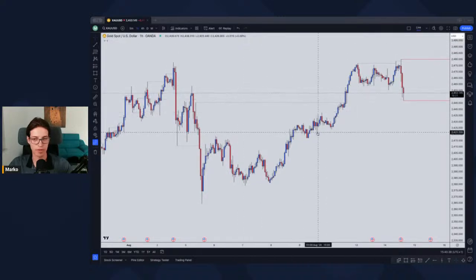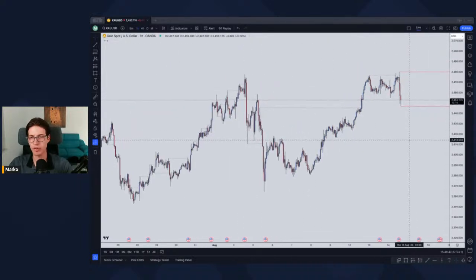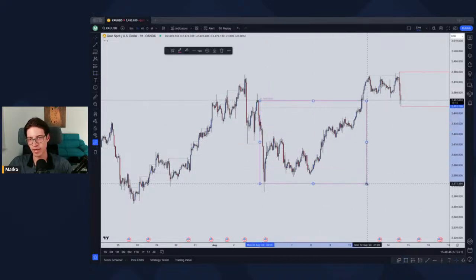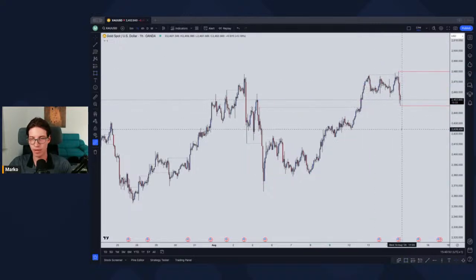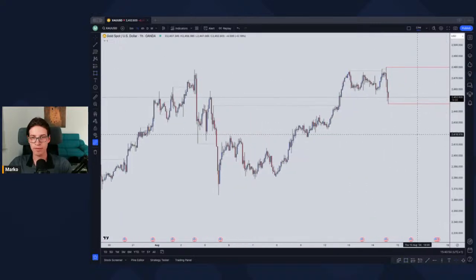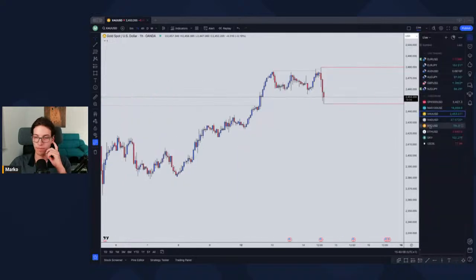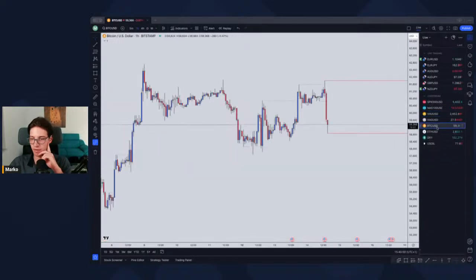Yeah, range bound. Even on the 1 hour, it's looking corrective. Right here, we had a range as well. So just the range going into another range. That's kind of it for gold. Now I want to do the